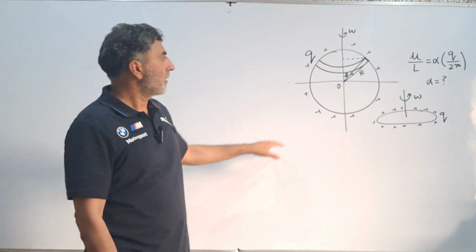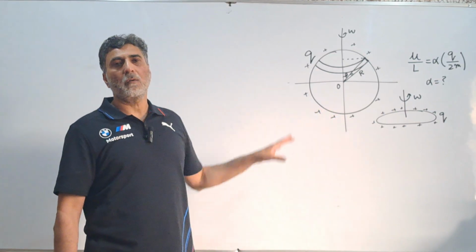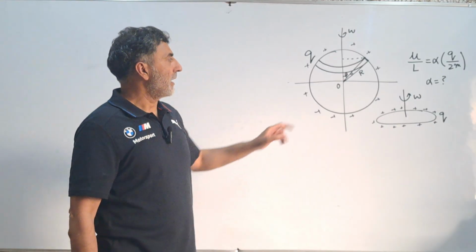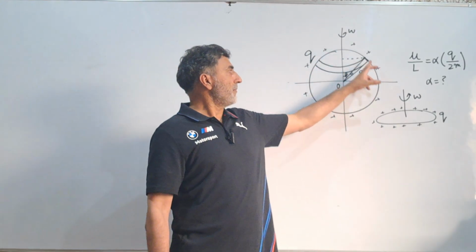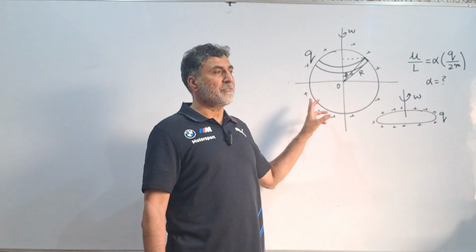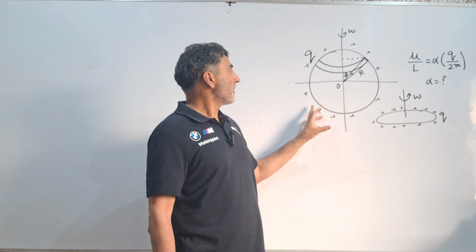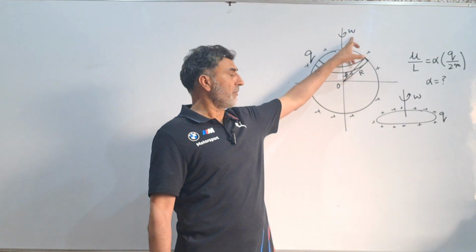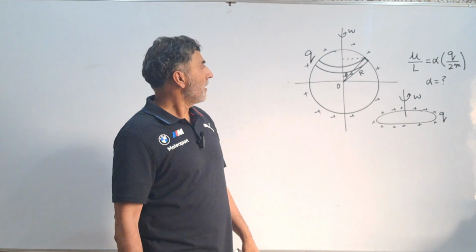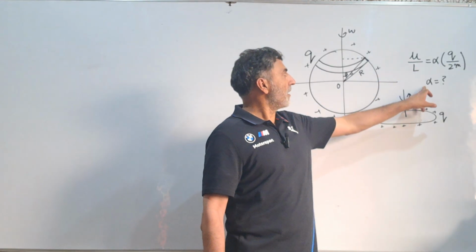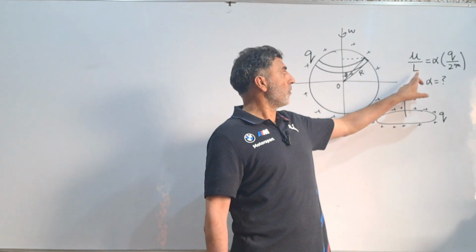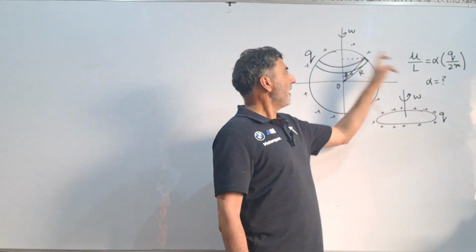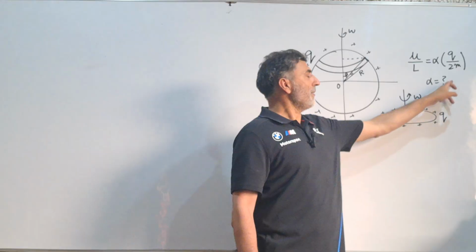हेलो बच्चों, आज मैं आपको ये और एक प्रॉब्लम दिखाऊंगा जो आईआईटी में आया है 2025 में। इलेक्ट्रोडायनेमिक्स पर प्रॉब्लम है। ये स्फीयर है, चार्ज्ड स्फीयर, a solid sphere. It rotates about the diameter axis with angular velocity omega, angular frequency omega. हमें अल्फा निकालना है। The ratio of magnetic moment to its angular momentum is equal to alpha times q by 2m. Q is the charge given to the sphere and m is the mass of the sphere. हमें अल्फा निकालना है।